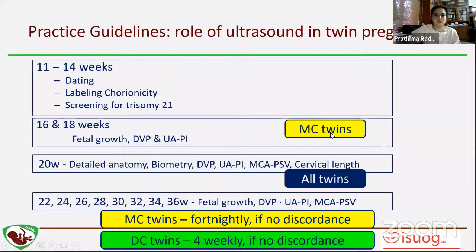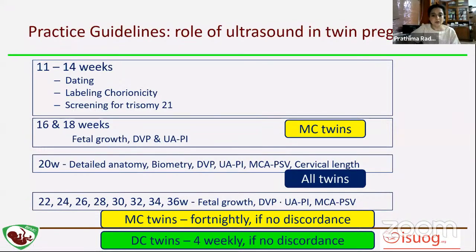In monochorionic twin pregnancies, you would be adding further scans at 16 and 18 weeks, looking at the growth and the DBP and the umbilical artery PI. And at 20 weeks, of course, you would look at all the twins, dichorionic and monochorionic. And the monochorionic, you will continue fortnightly